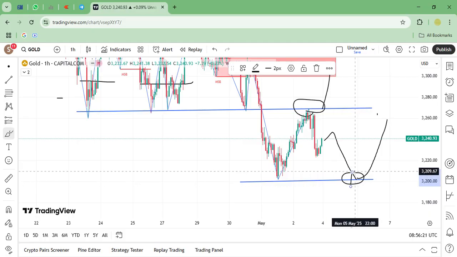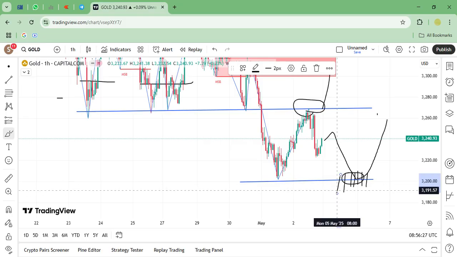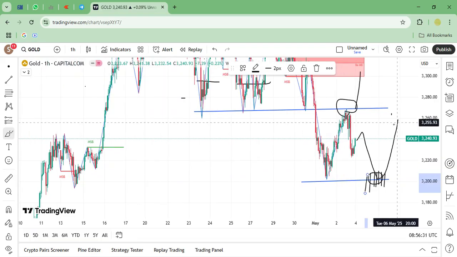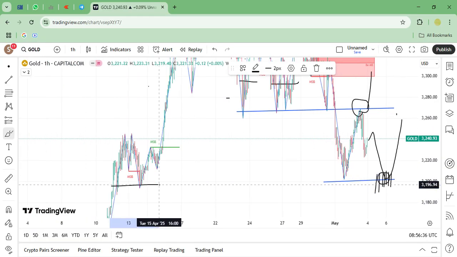So this is the area where you can plan your trade as a buy side. If you are a day trader, a scalping trader, if you see around 3205, 3200, or maybe on the safe side 3196 zone. Why? Because if you see the